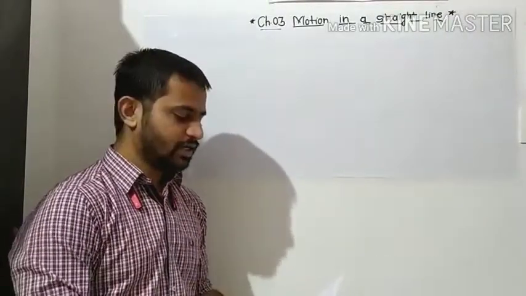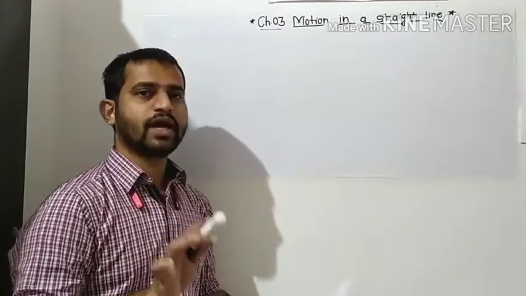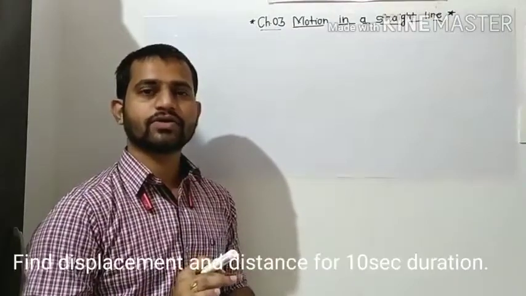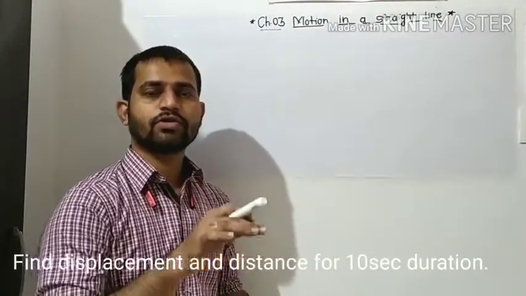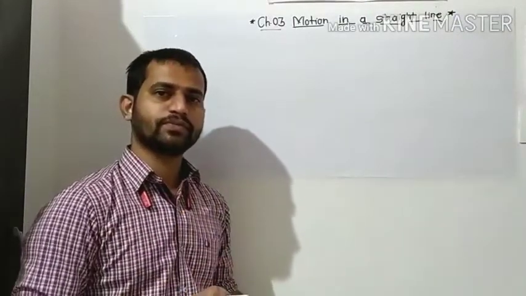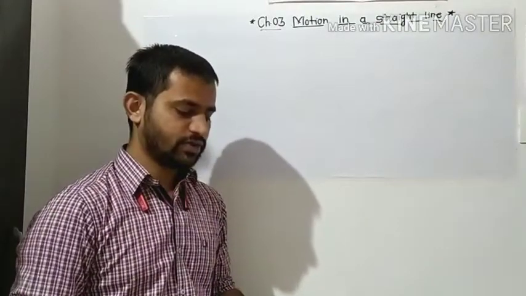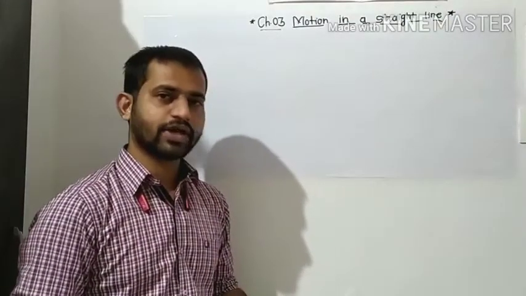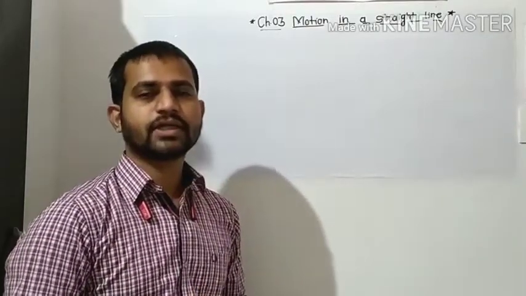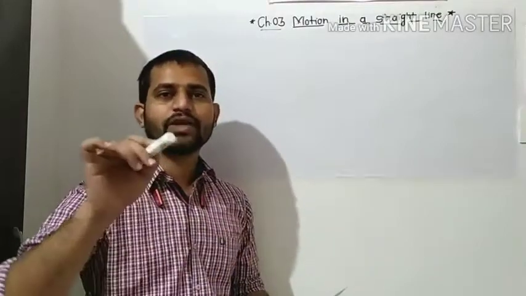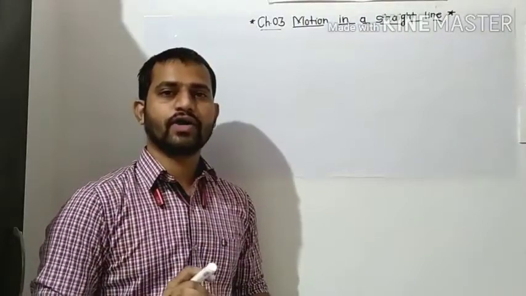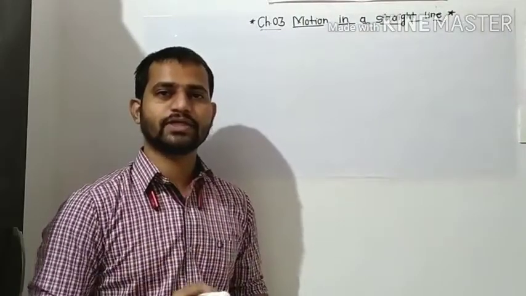What is given here? The car accelerated from rest. As we have studied, whenever there is a statement like at rest, or starts its motion, or dropped from the top, the initial velocity is equal to 0. So here the initial velocity is 0, and it accelerates from rest at a constant acceleration alpha. If we draw this in the VT curve, the line we get will be at a constant rate alpha, that is, that line will represent the acceleration.